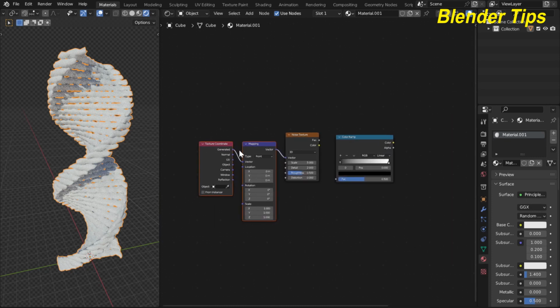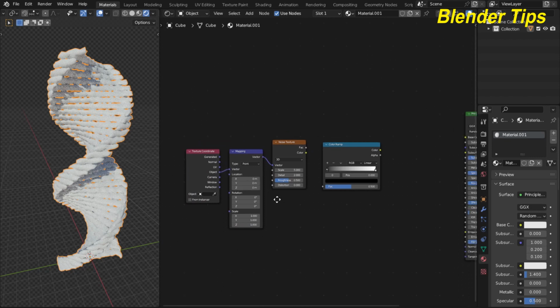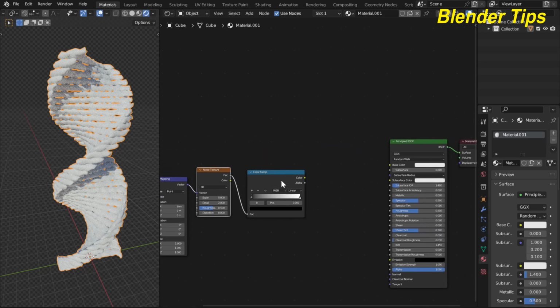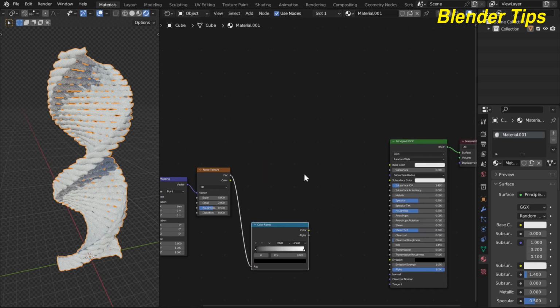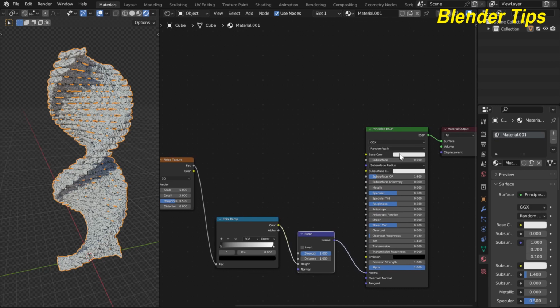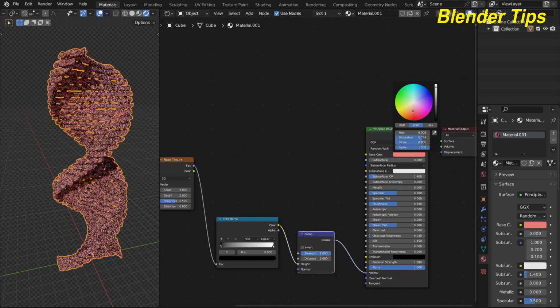This is texture coordinate and mapping, a feature of Node Wrangler. And I connect the factor with the color ramp, and here I apply another node which is bump, and I connect the color with the height and the normal with the normal of the Principled BSDF. And here you can see now I change the material something like a DNA type material